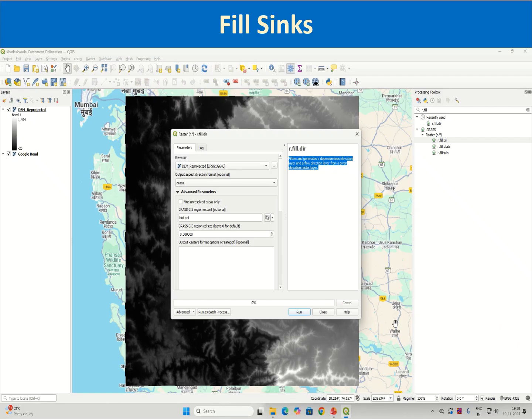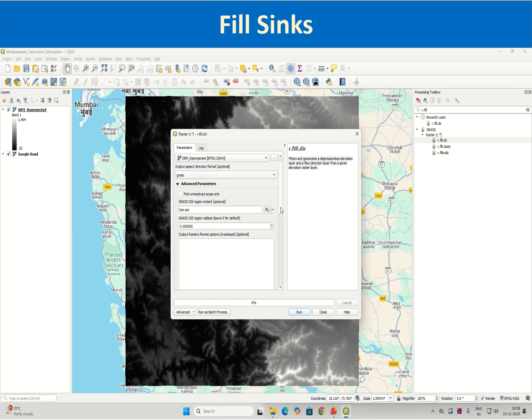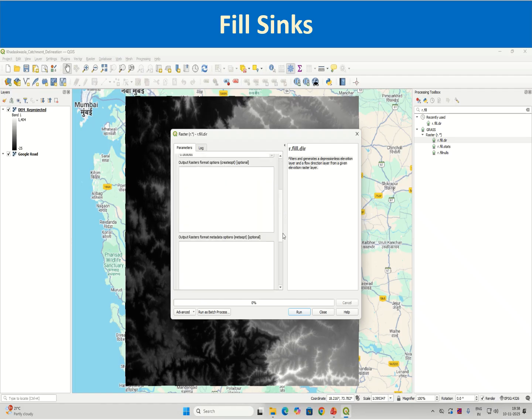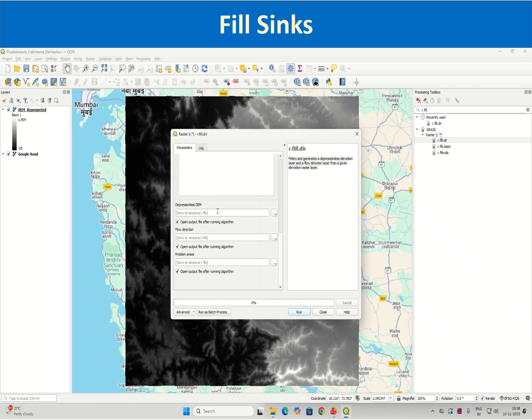So we will give our DEM reprojected as an input, and it will generate a depressionless DEM, that is DEM field in grass parlance. And also you will get a flow direction layer. So you can give in the DEM reprojected as an input here, and output aspect direction format grass. Grass has its own format of working things. You can keep the rest of the things default, and you can save the depressionless DEM on your file, sorry,